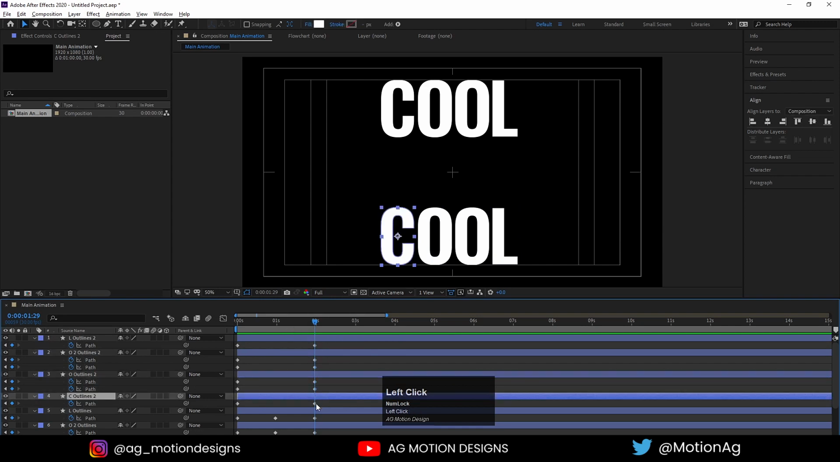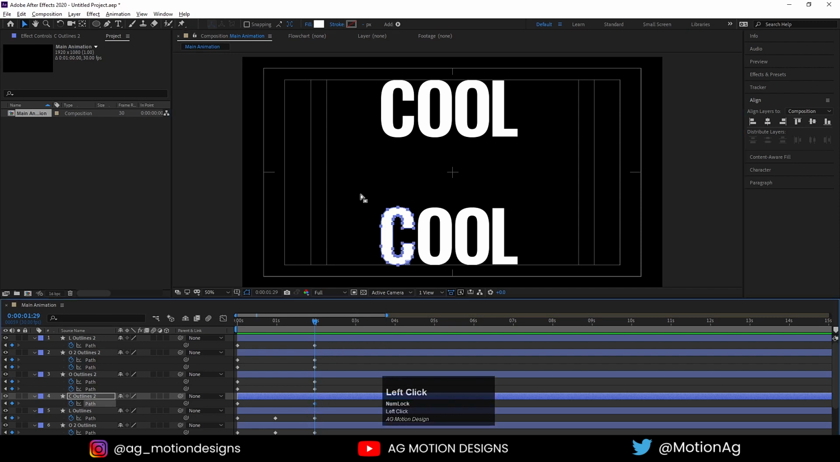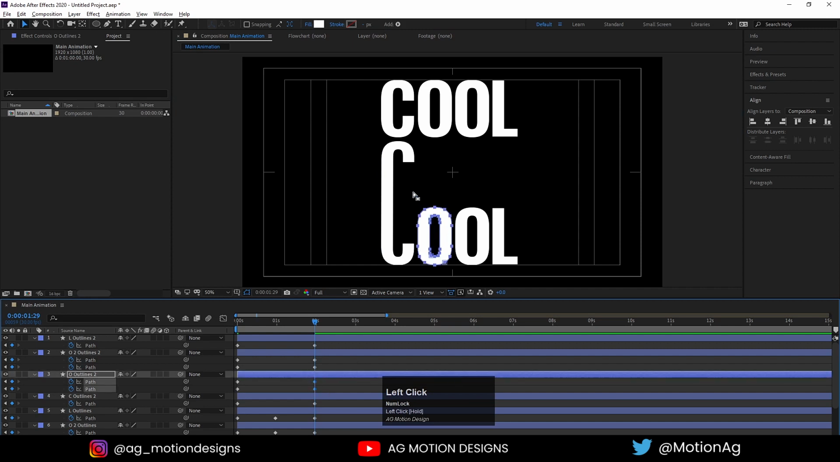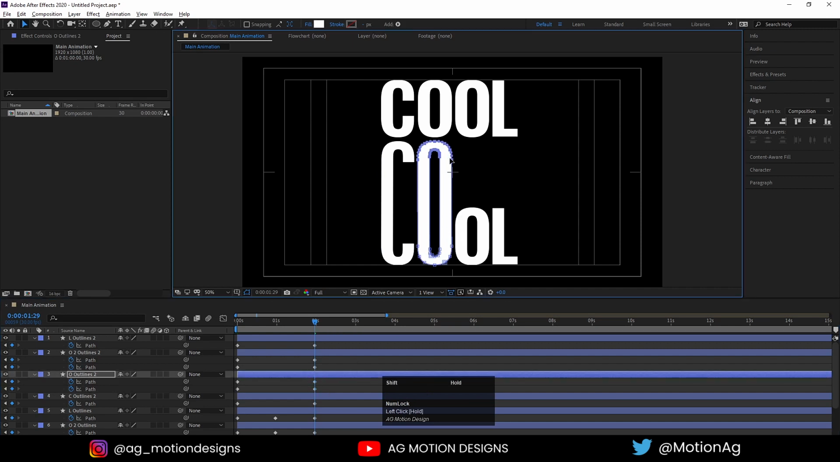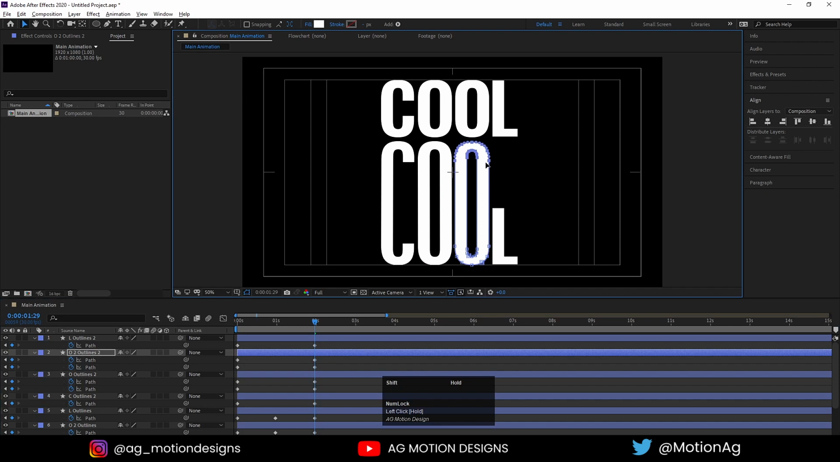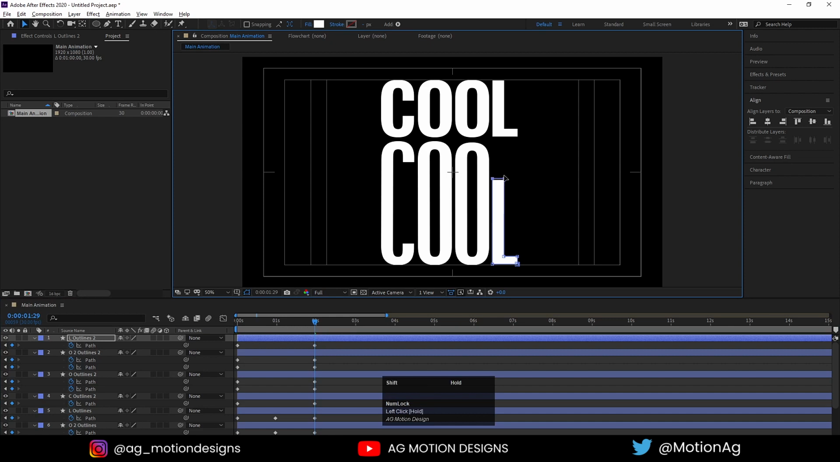Now select the C, select those keyframes by holding our selection tool. I'll select this much portion, press shift and drag it, select this keyframe, select those portions by holding shift. I'll drag it over here. Same goes for here also. Select this one, select this portion, drag it at the top, select this O layer, select this portion by holding shift. I'll drag it up to here, select this L, select this portion and drag it up